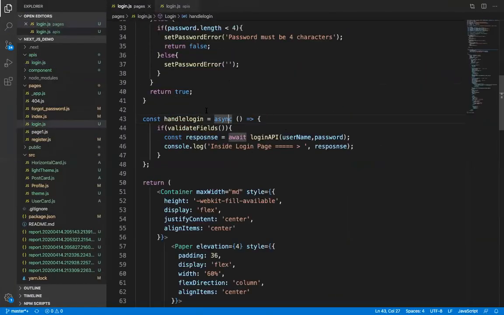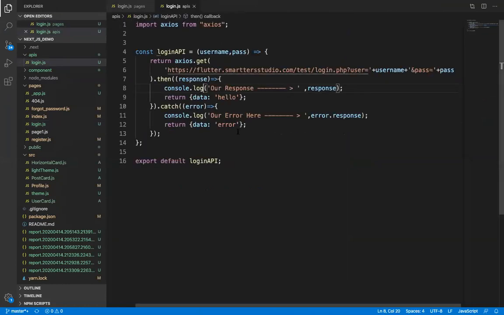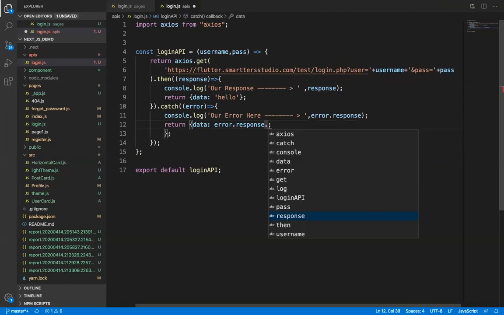We have already saved our response here. So what we'll do, we'll create here, and return a data. Inside the data, we'll return null. When we get an error, we'll show error dot response dot data dot message.